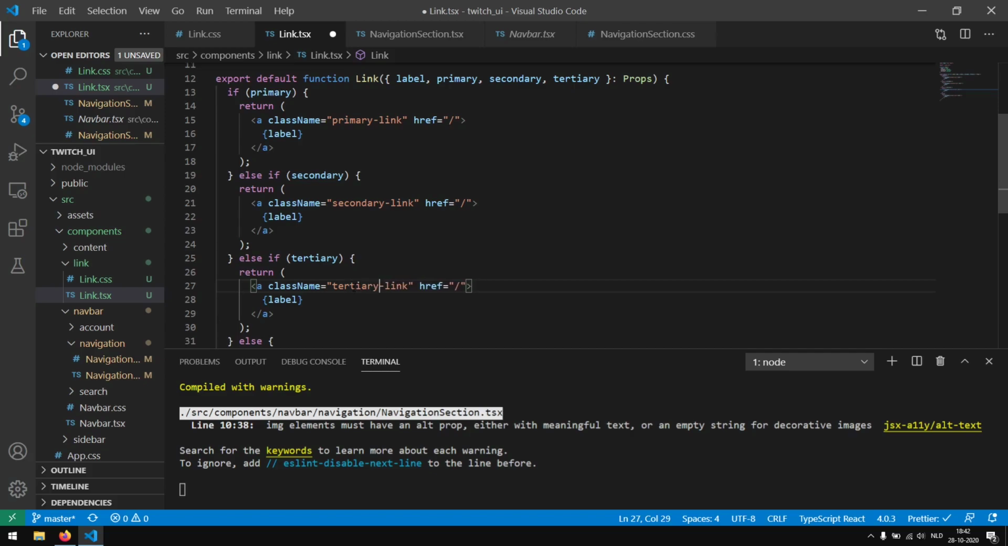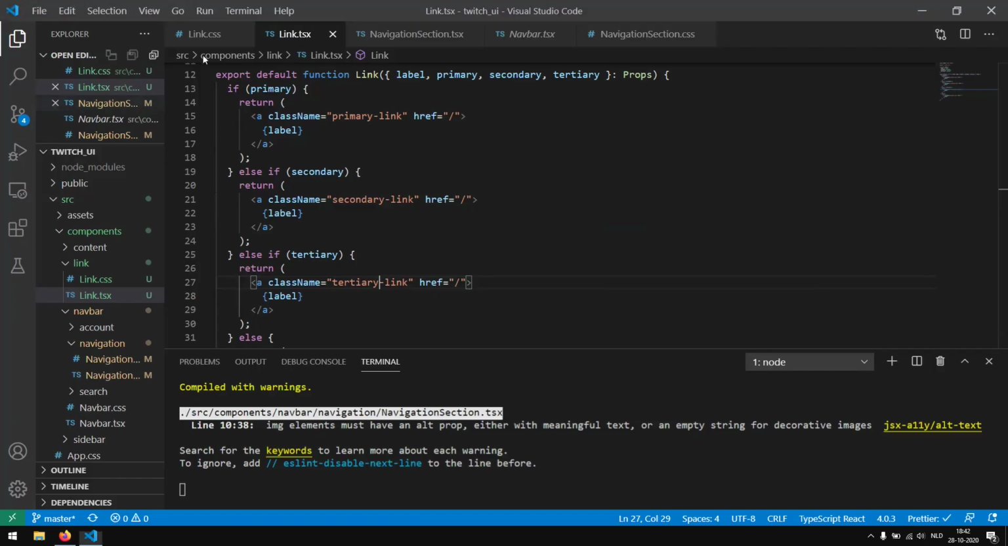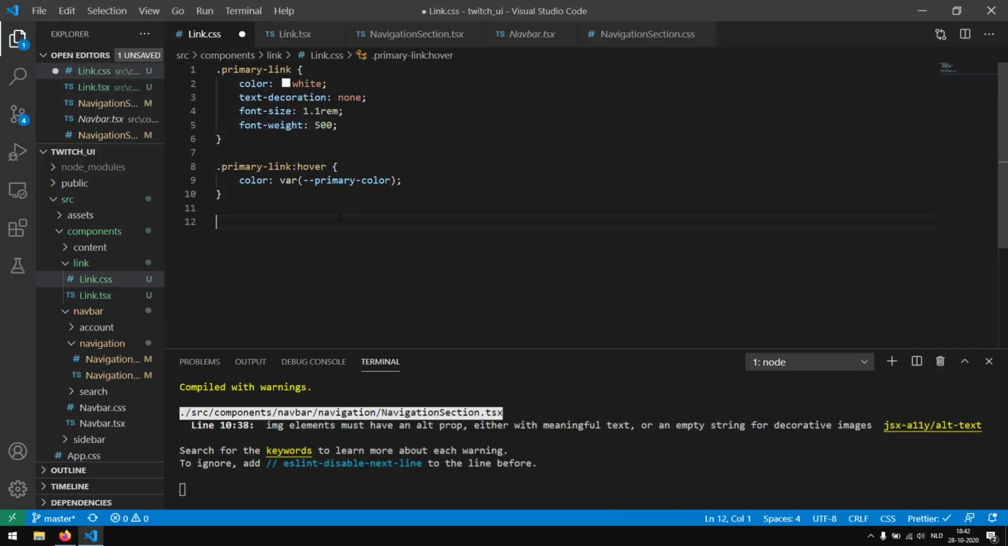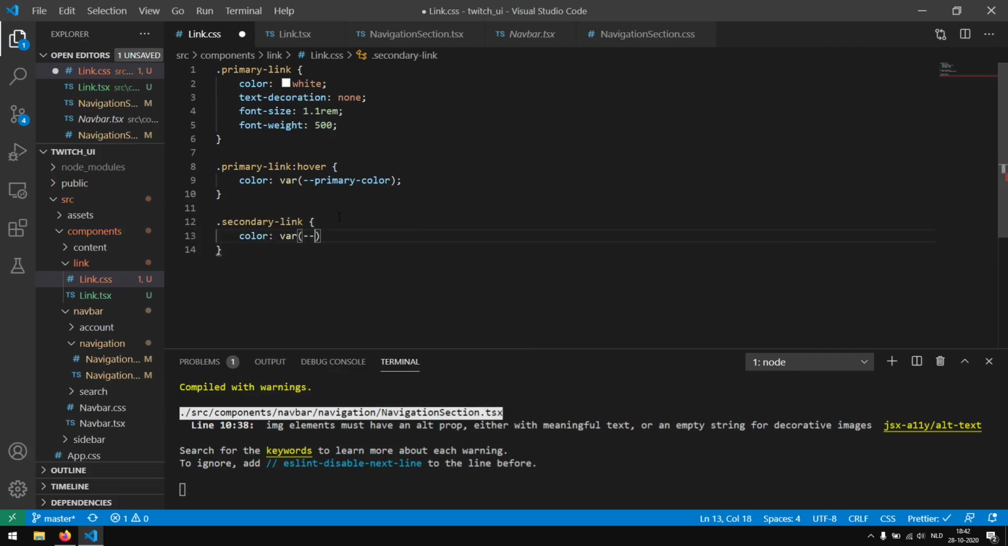We're going to change the class names to secondary link and tertiary link, and we're going to refresh the page. And as you can see, they are not styled yet. So in our link.css, we're going to define our secondary link, and we want to give it a color of primary color, a text decoration of none,